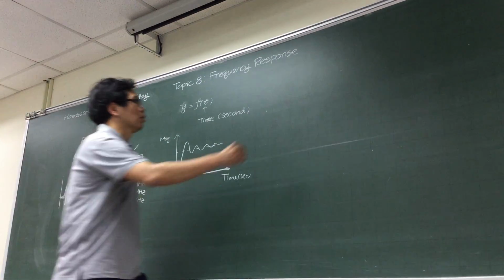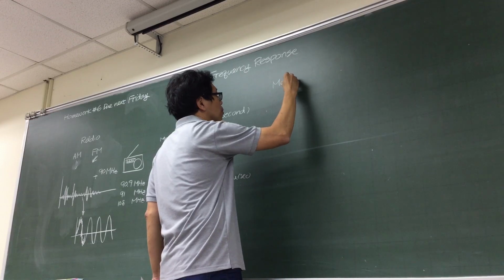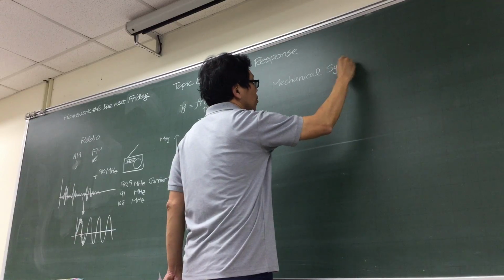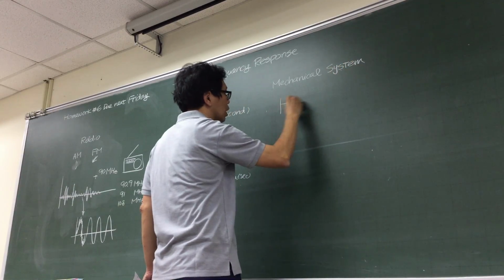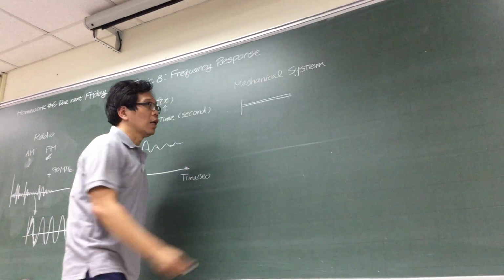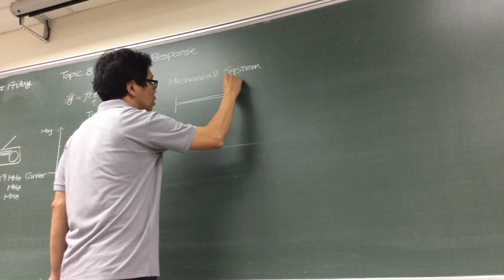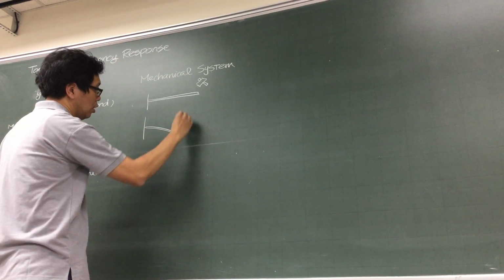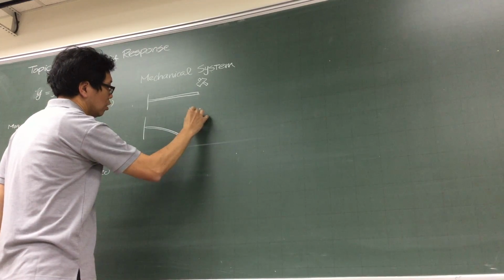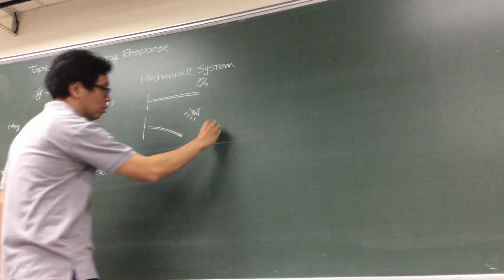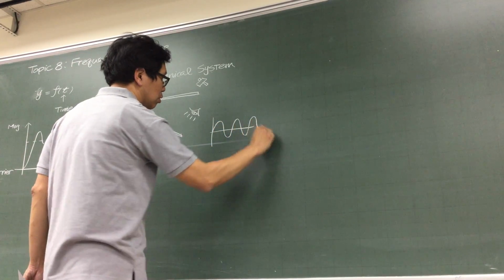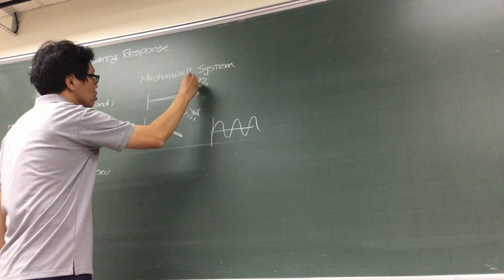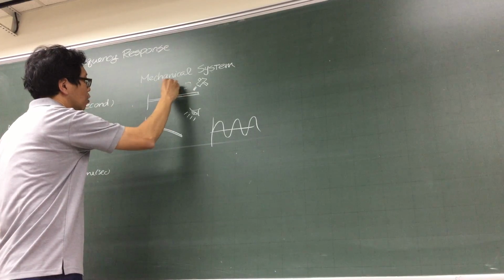Now go back to the mechanical system. So you've got a cantilever beam, and you put a force over here. What happened? It's going to vibrate. And if you visualize what's going on over here, you're going to see the magnitude like this, right? But if you have two forces, one hit over here and the other one hit over here,